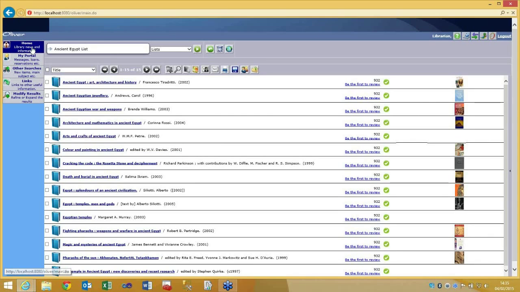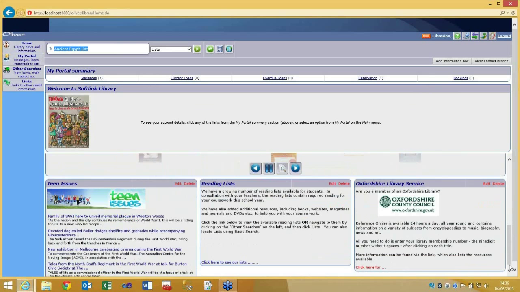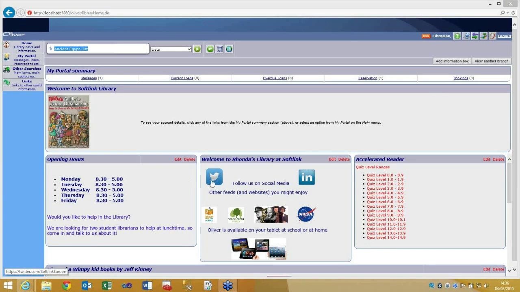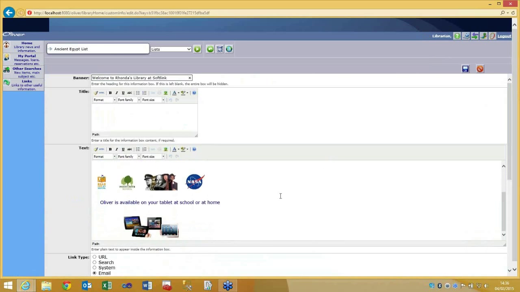Now, I'm going to go back to my home page once more. And you may have noticed that I've been playing about with my home page quite a bit. So you may have seen our other Oliver demo sites. Now, one of the things that I've done is to add some pictures to my site. I am no HTML expert, but I've been able to add the pictures, and I've also been able to add links to those pictures. So if I go in and edit this one here, I've got them in my text